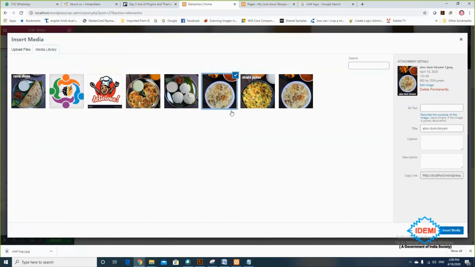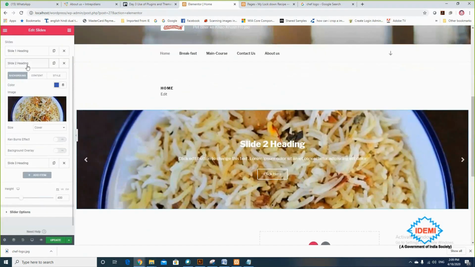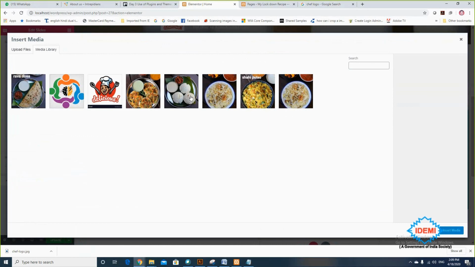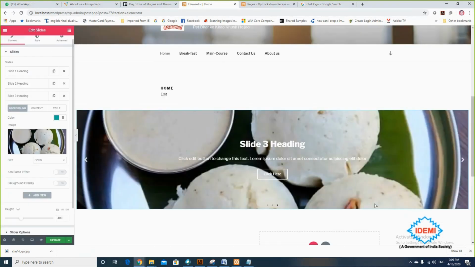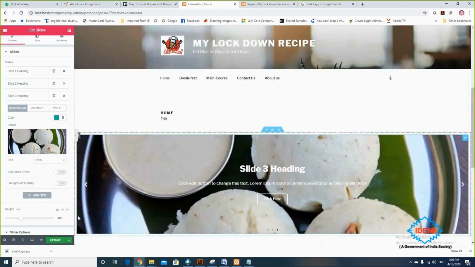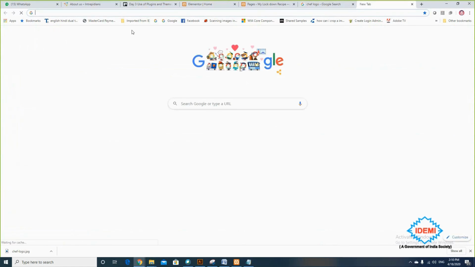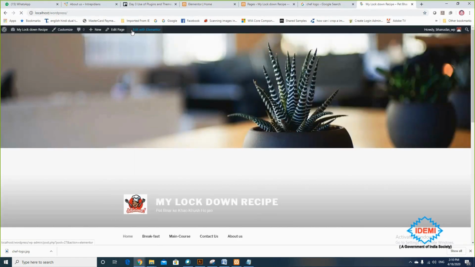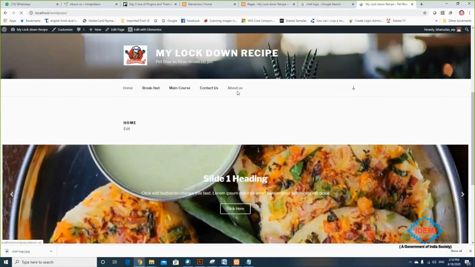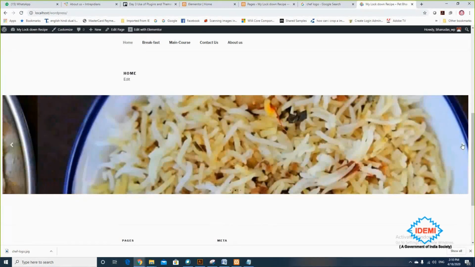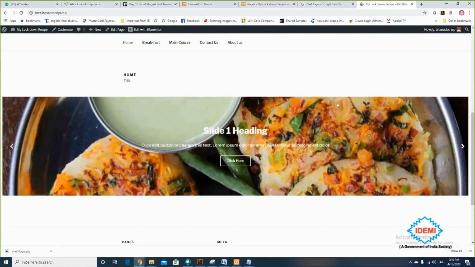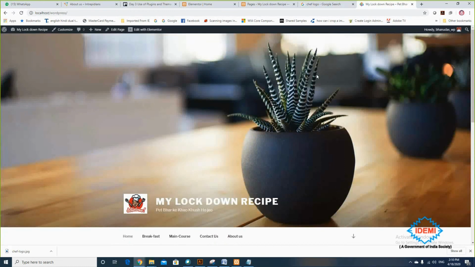So here I'm adding another image, inserting in here. Okay, and this is my slide 3. I'm adding the third image. Okay, and inserting it here. All these are there. I'm updating, and you can see the slider in the home page. I'm choosing localhost WordPress. So it's showing me a slider here of mine, and it keeps on moving, and I can write the heading accordingly. Okay, so in this way you can create the web pages.